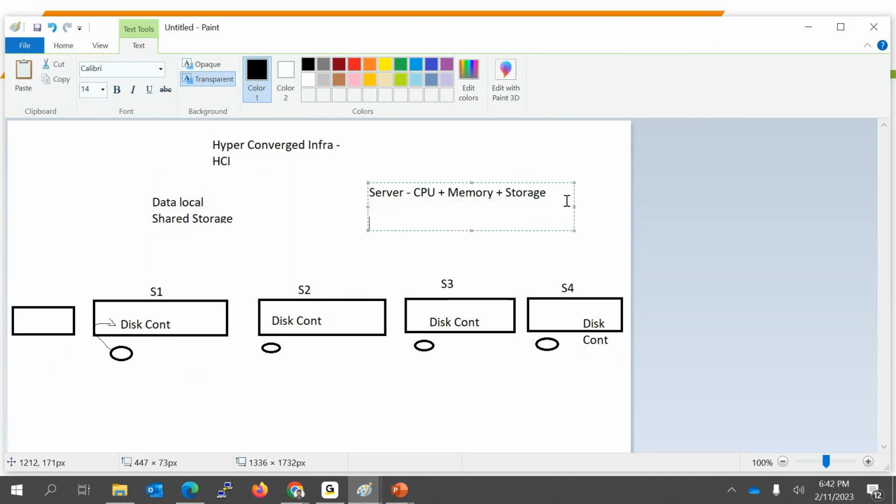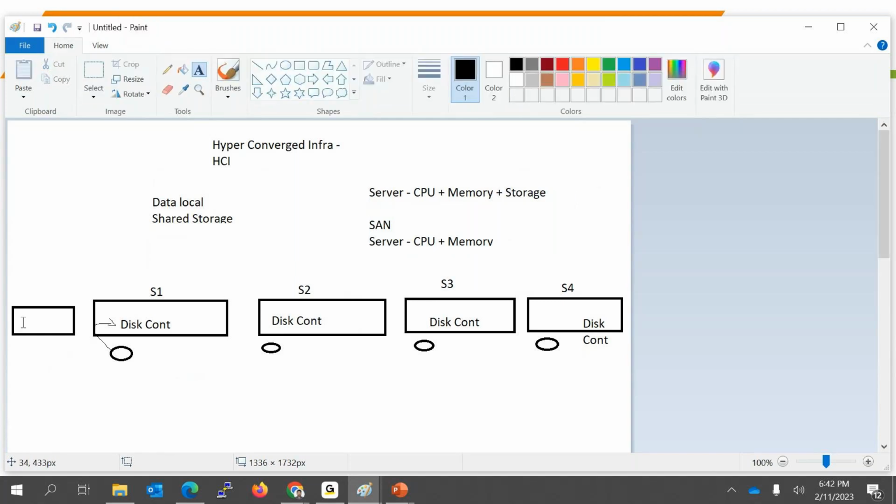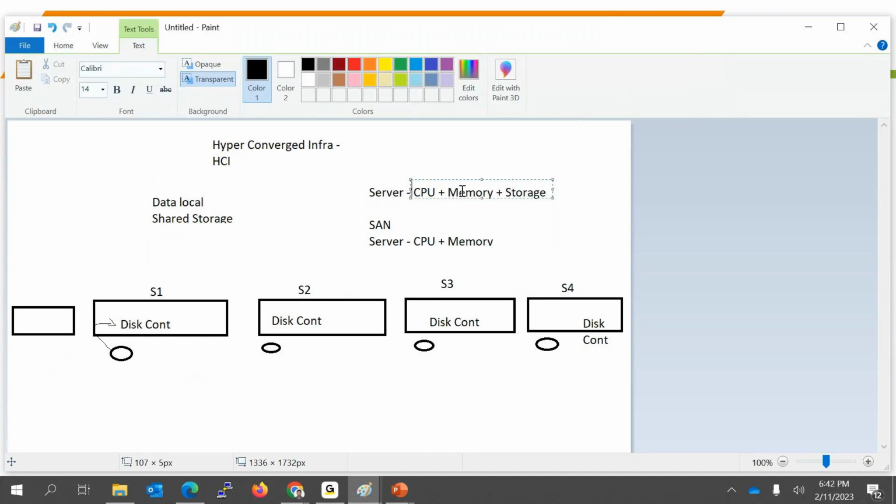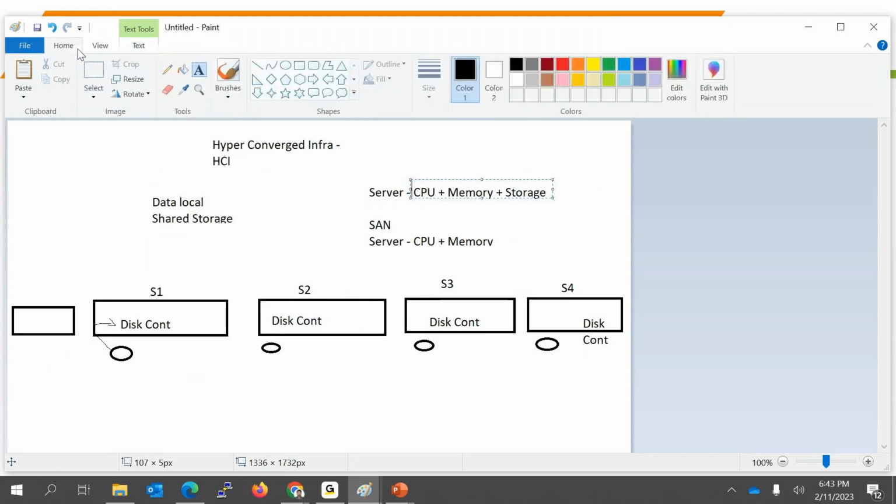But in SAN, a server has CPU and memory, no storage. So here, if I add one more server, I add CPU, I add memory, and it also adds some storage along with the controller. One more controller gets added here.